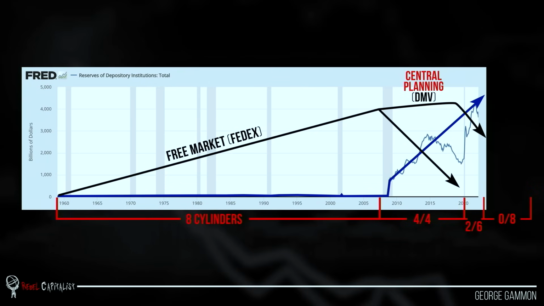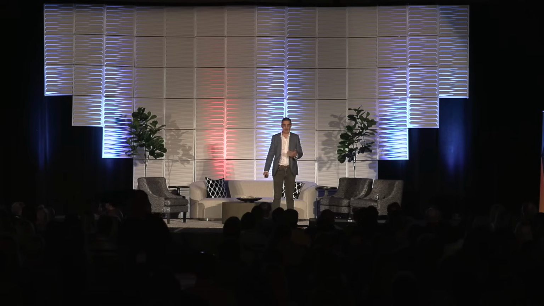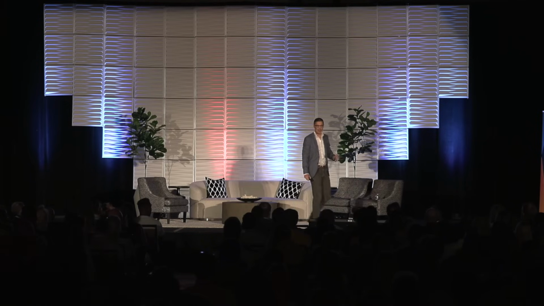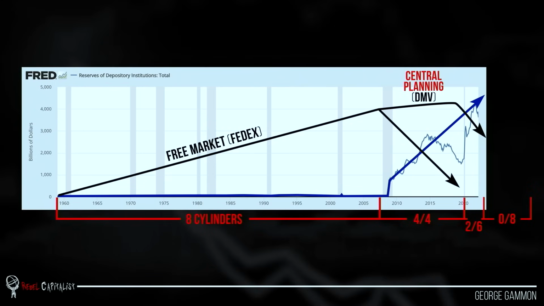So you're telling me that the Fed can reduce the size of its balance sheet to a significant degree? You're telling me that the Fed can normalize everything? Absolutely not, because the system is broken and it's never been fixed. You have to really look at this free market system as though it's FedEx, right? And what's happened is we've replaced that system with central planning.